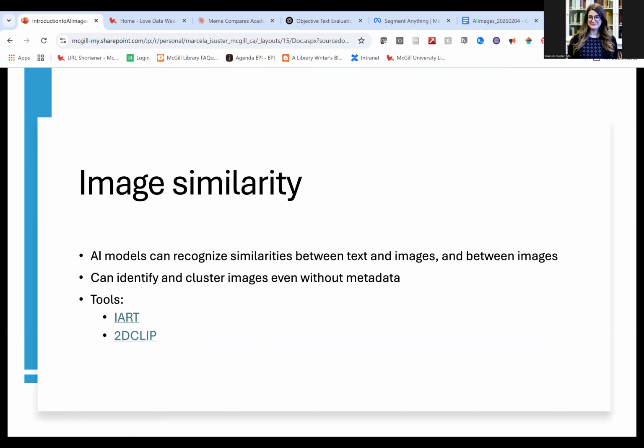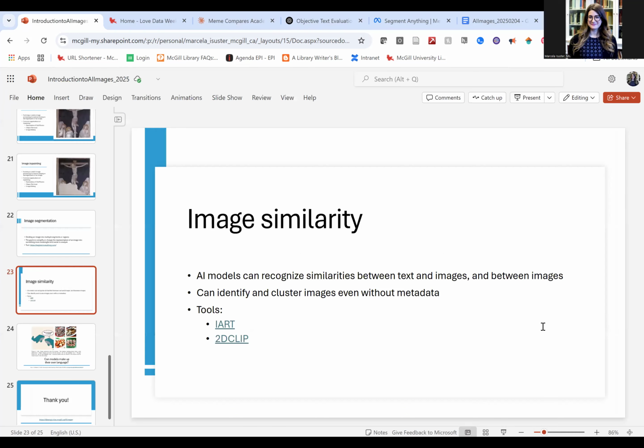So we're very used to having metadata, where we have text with those images, so we tag what it is about. But these tools are more about looking at the images and, using computer vision, discerning what they're about. So I'll show you first an example of, if